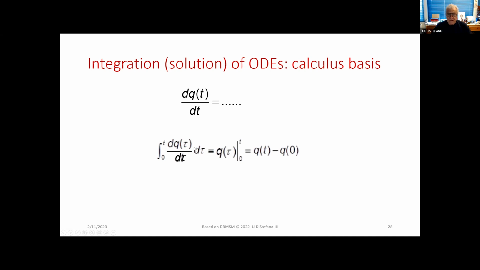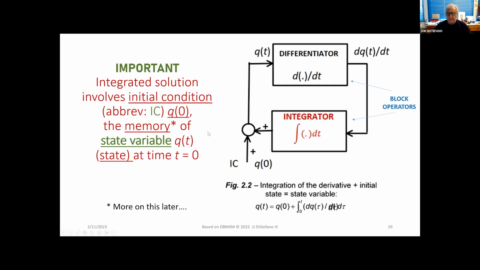So I show them that if you have a mass and you have an equation representing this mass, dq dt equals some terms, then you've got to integrate it. And when you integrate it, there's an initial condition. This makes the distinction between a dynamic and a non-dynamic system. So this is the block diagram I show them. And we talk about the memory of the system here, which needs to be introduced at this point in order to compute the solution of the differential equation Q.